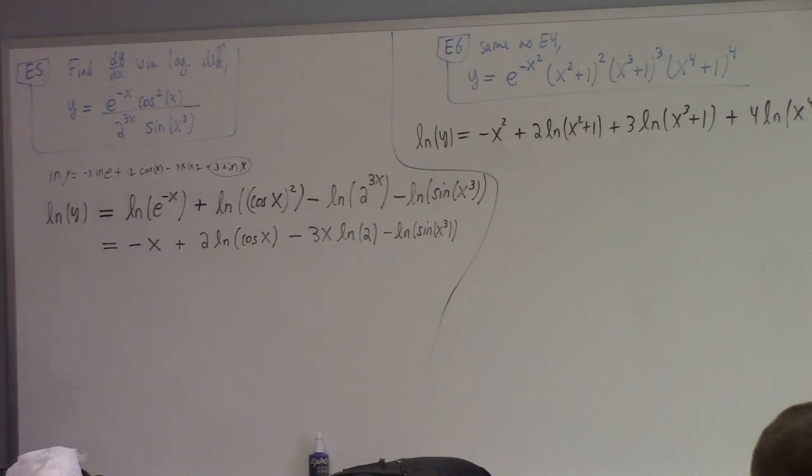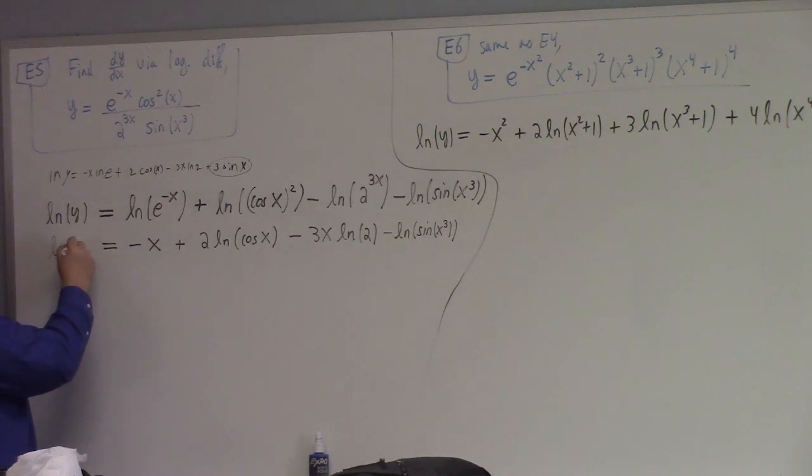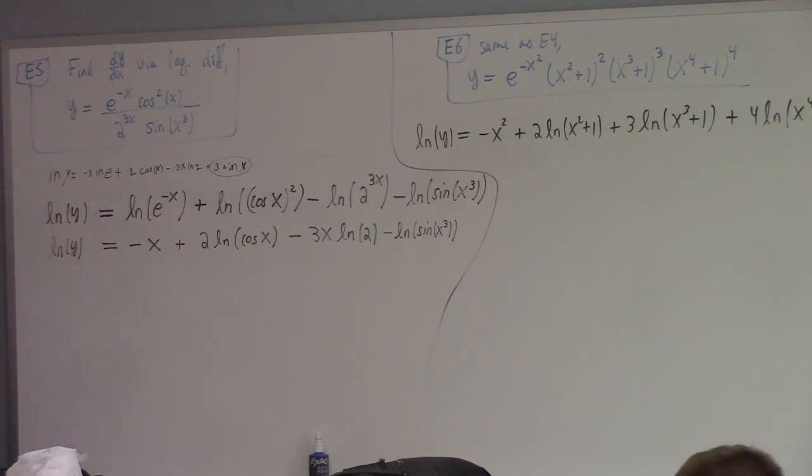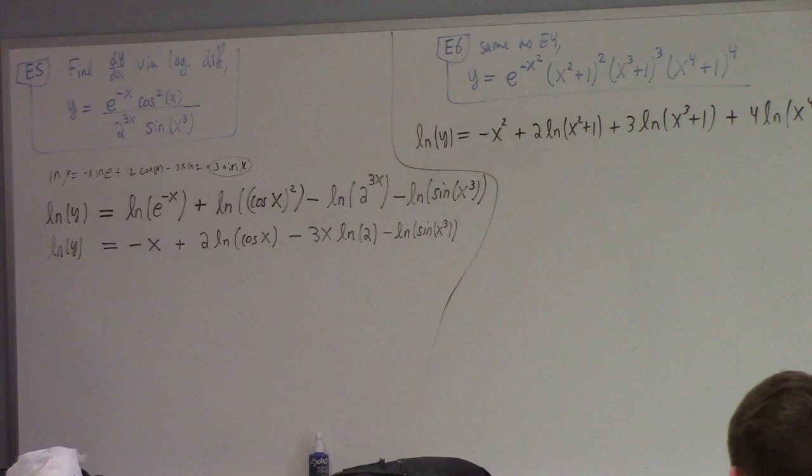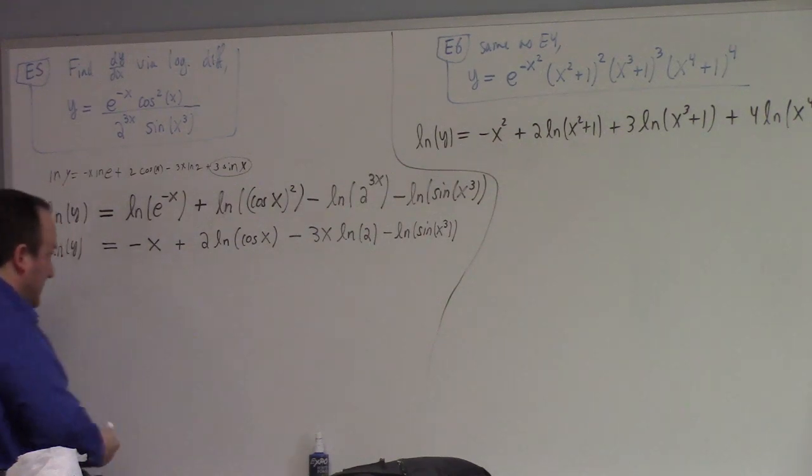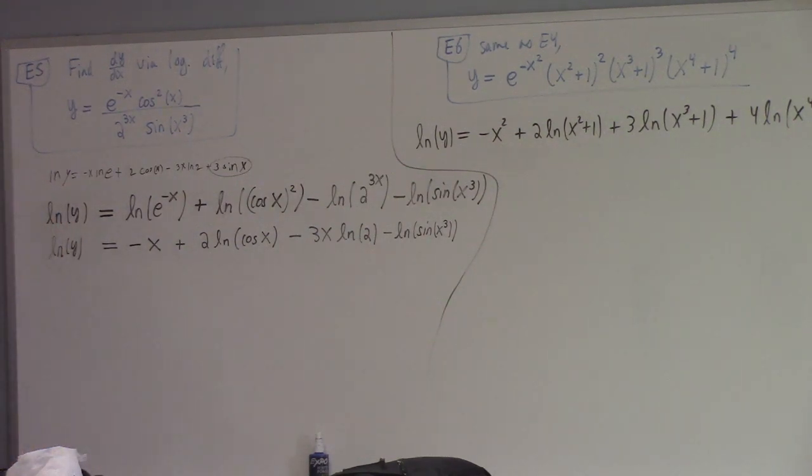At this point, we have taken the natural log of both sides. We have it nice and pretty. Now what do? Differentiate implicitly with respect to x. I say differentiate implicitly, but the truth of the matter is that we're talking about a,